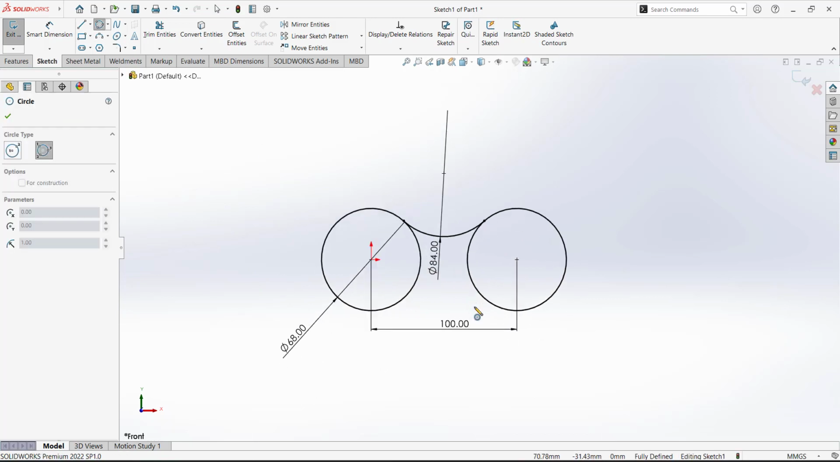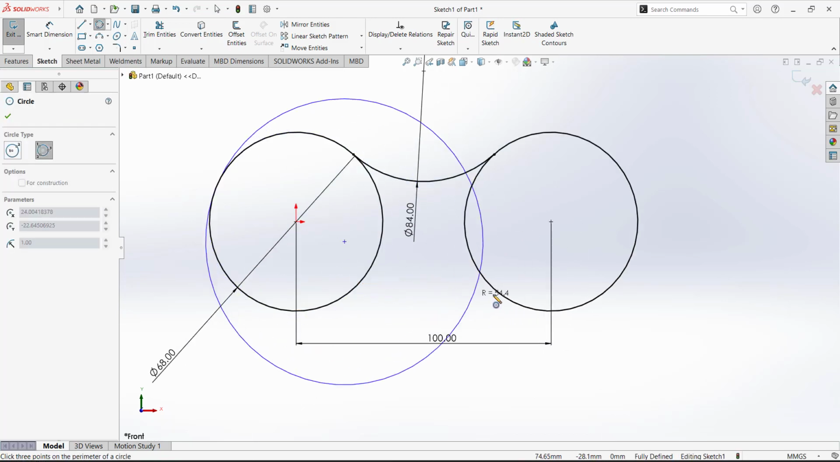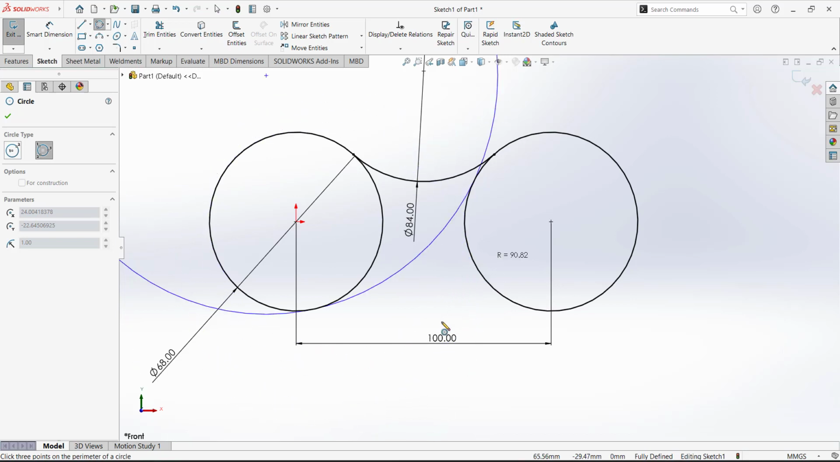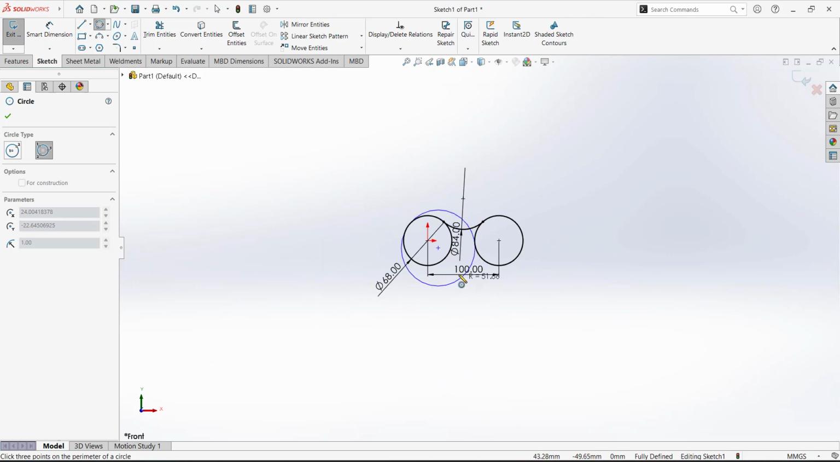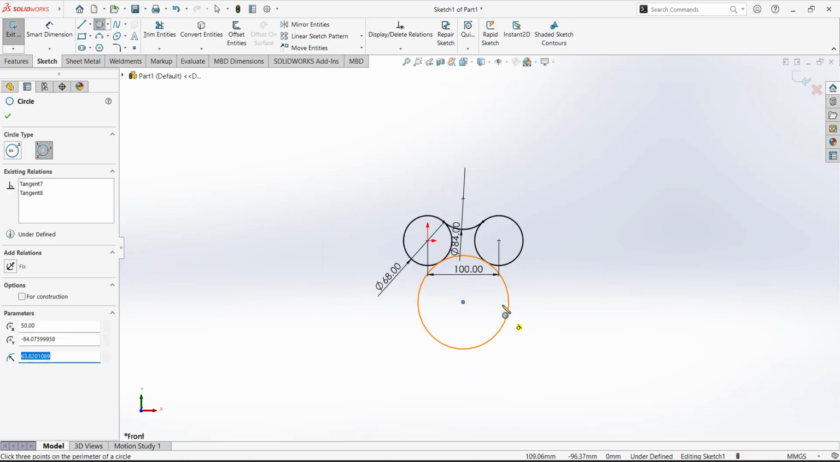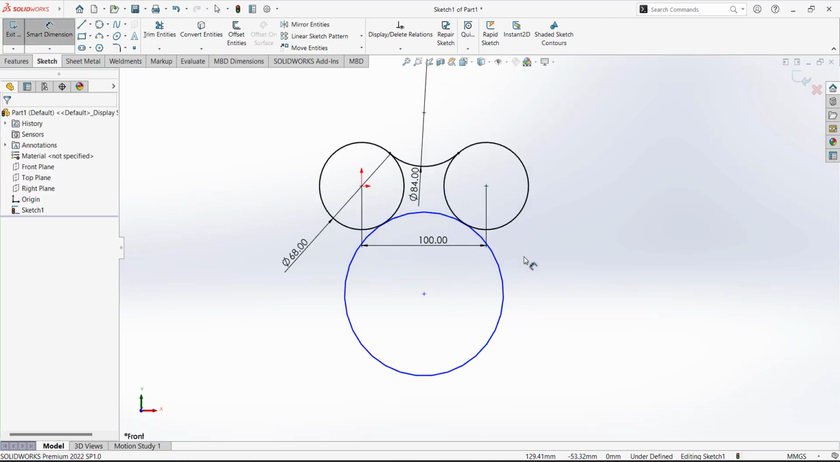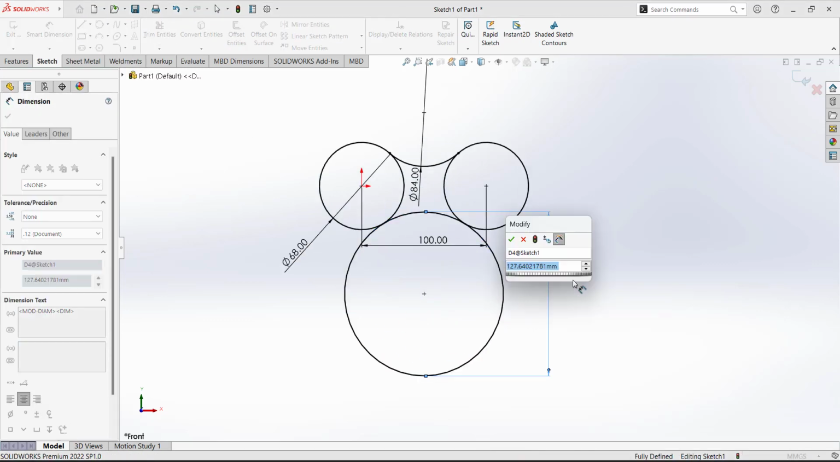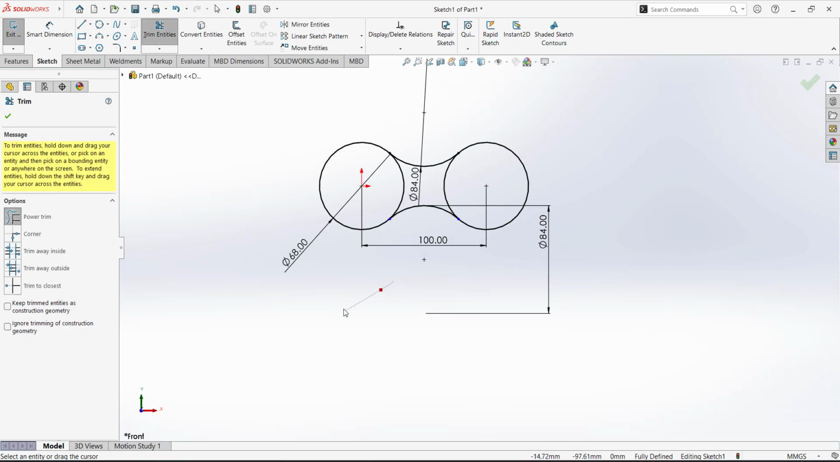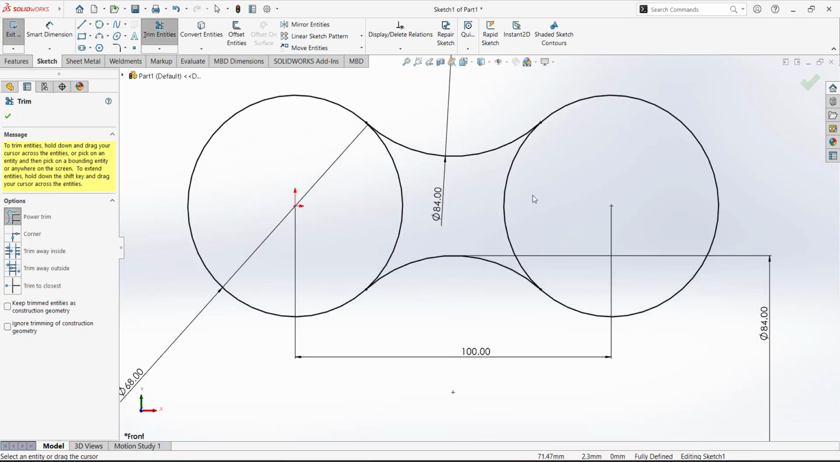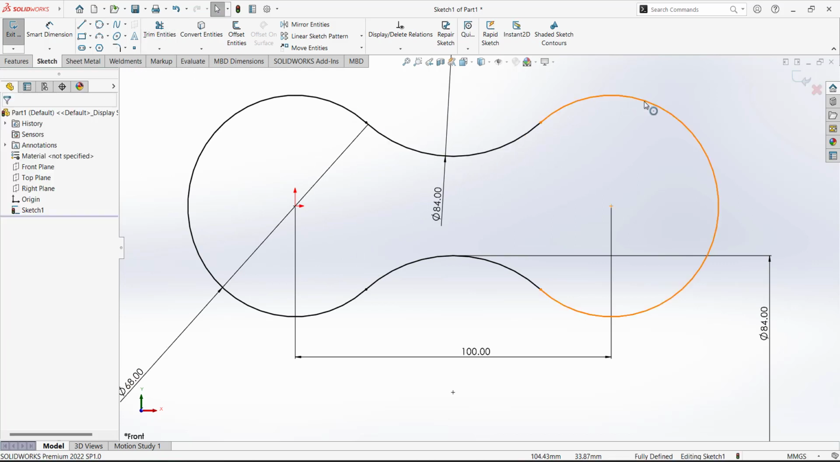Again we will go with the same command, perimeter circle. Click on the 2 circles to get tangency on 2 circles. Then third point will be for positioning the circle. It may take some time. I will click the third point here and put up the value here. Again I will put the same value here, 84 diameter, and trim the extra circle. Also trim the internal portions here. Now you can see one profile has been created here,